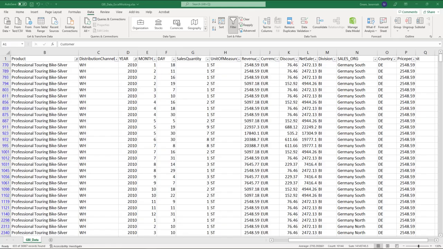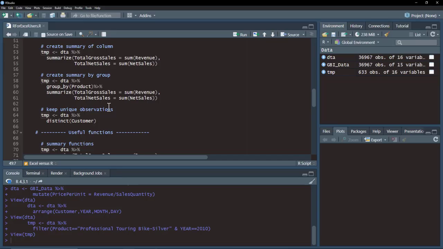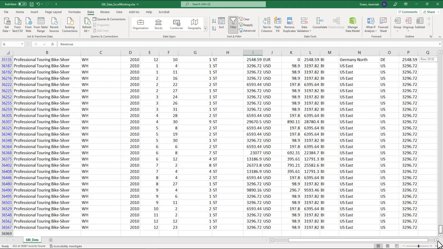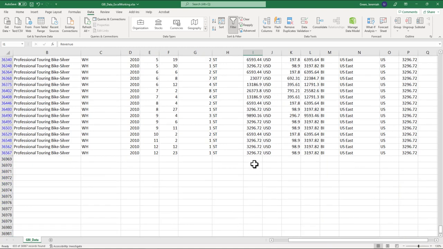Okay, next one, we're going to create a summary of a column. So let's go do that. One of the ways to do that, let's say we wanted a summary of the revenue here. And here in R, I'm doing summary of revenue and the discounted revenue, so net sales. So let's just do revenue. So I'm going to go to the bottom here. And let's say I want to do the total. So sum, and I'm going to select the whole column,